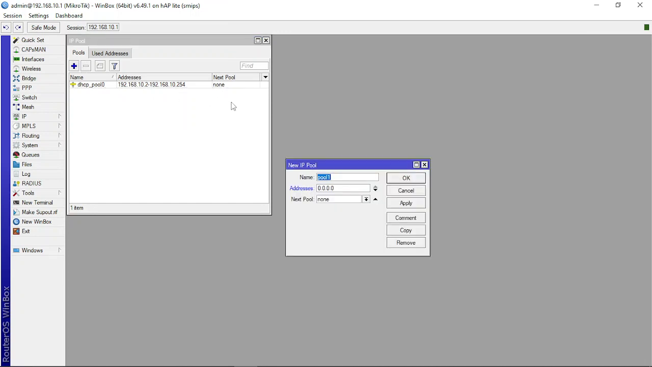We click Add and give the name anything, for example, in the class TKJ. In this address, we can make the IP range. For example, I make this IP 192.168.10.2, and this we can range for the